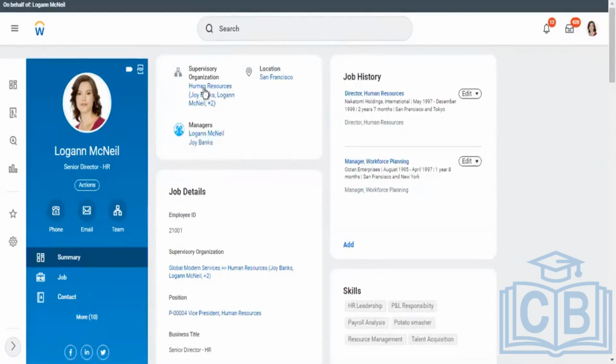This manager will be managing this supervisory organization. Like that, if you become a manager, a supervisory organization has to be created for you, and if there are any team members who need to report to you, they must be assigned to the organization, rolling up to your organization.